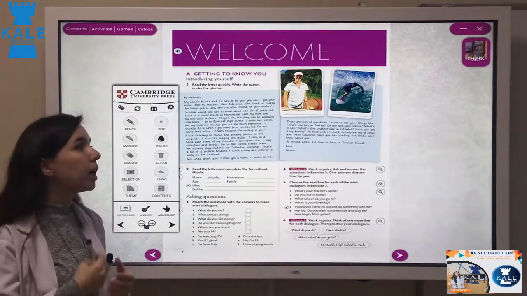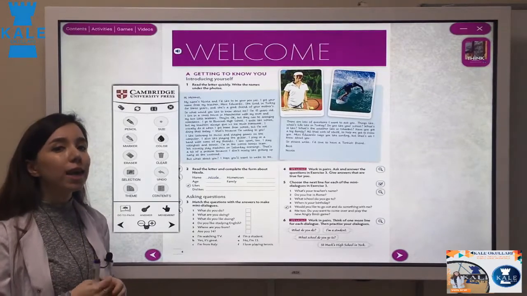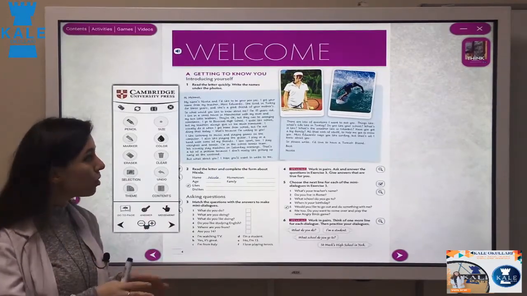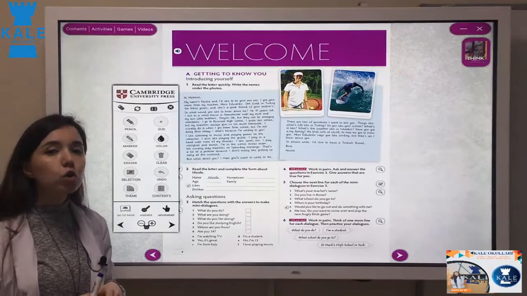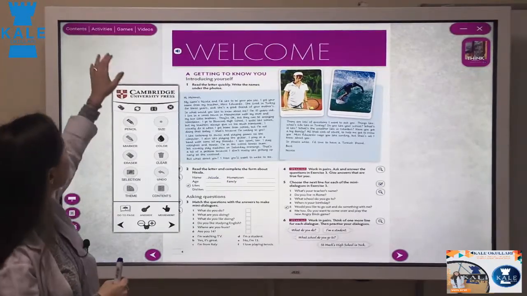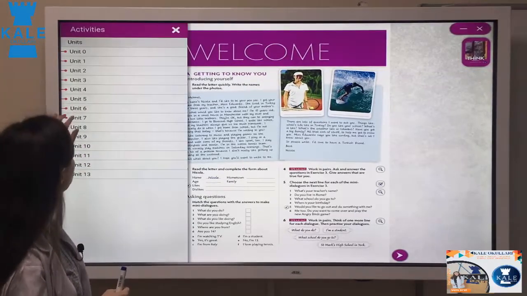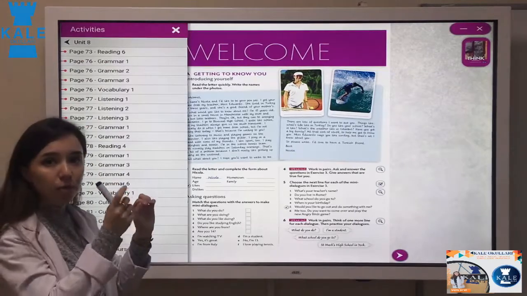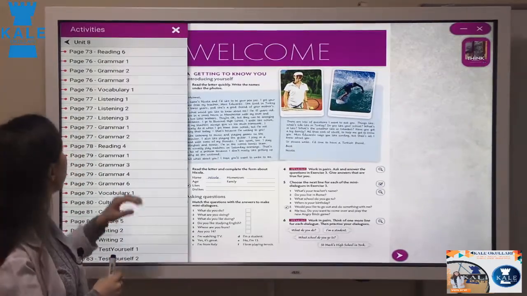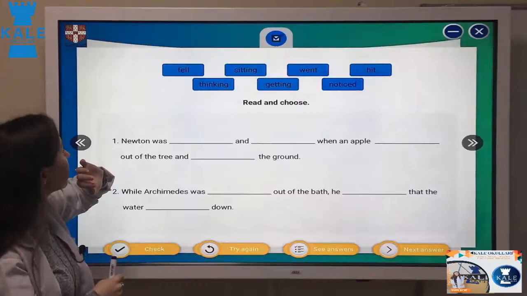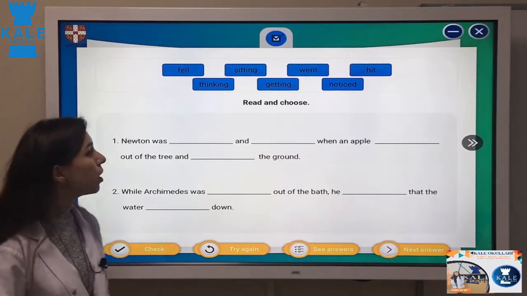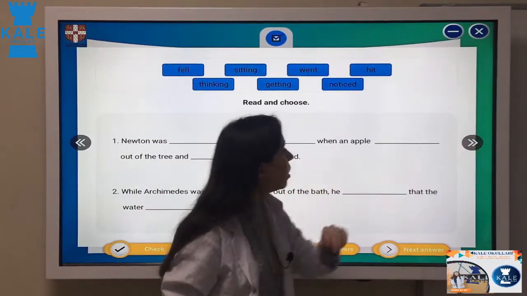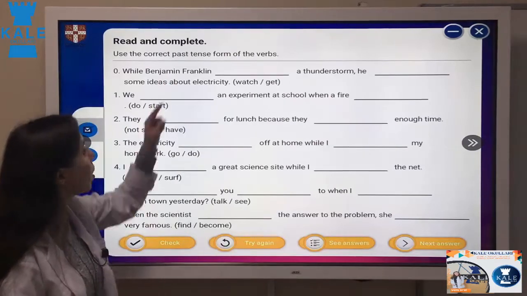use here. If you have the book, open Unit 8, page 78. If you don't have it, you can check it from here. So, we are going to talk about past simple. I'm going to open it from the activities, or you can also use the book, it's the same, no problem. The grammar part, the first one. It's better to look from here, about past tense.